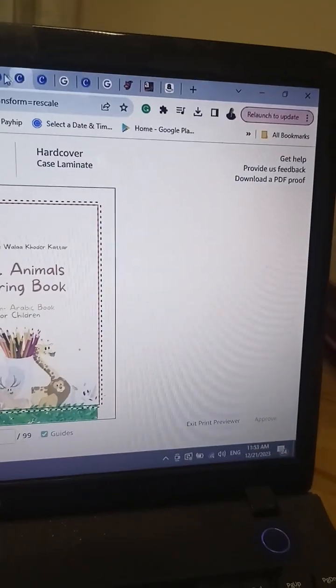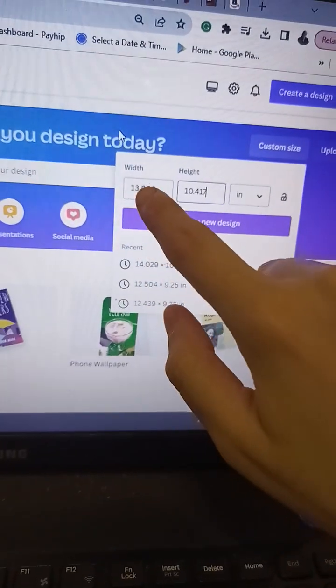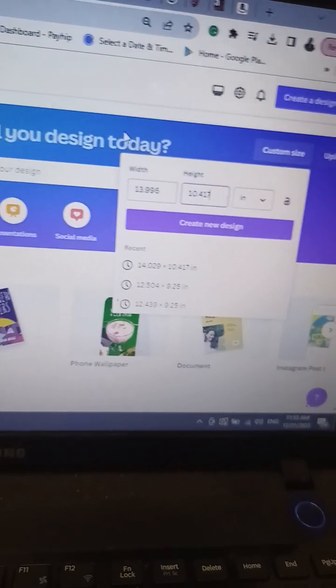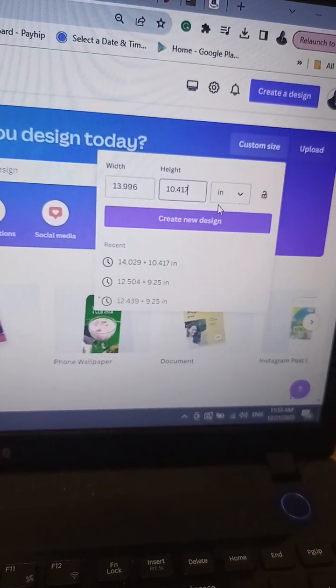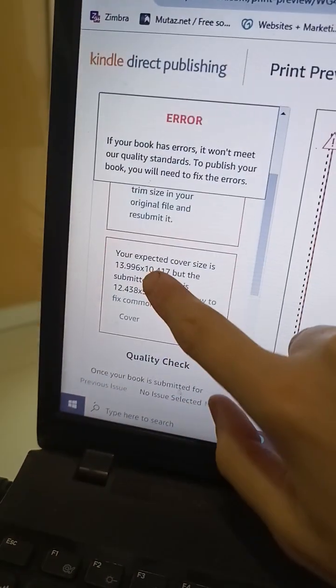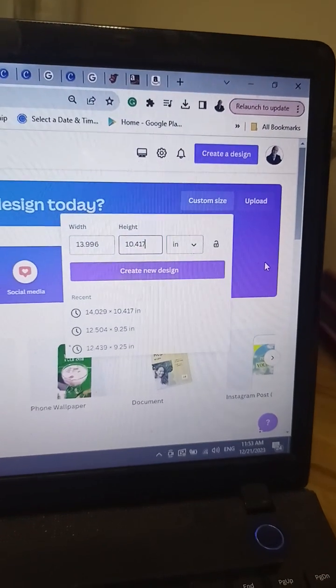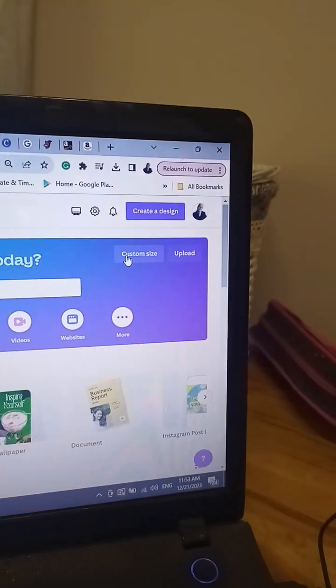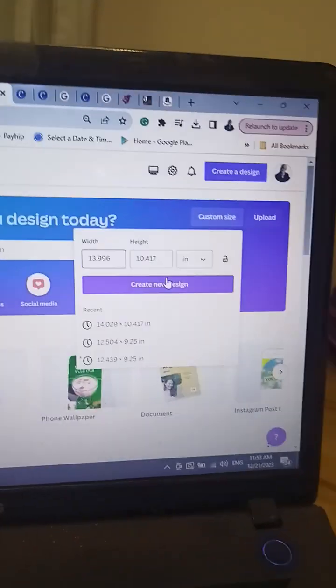13.996, 13.996, and in the height 10.417, 10.417. Where is this? In the custom size. Here, custom size in canva.com, custom size. Okay, and create a new design,